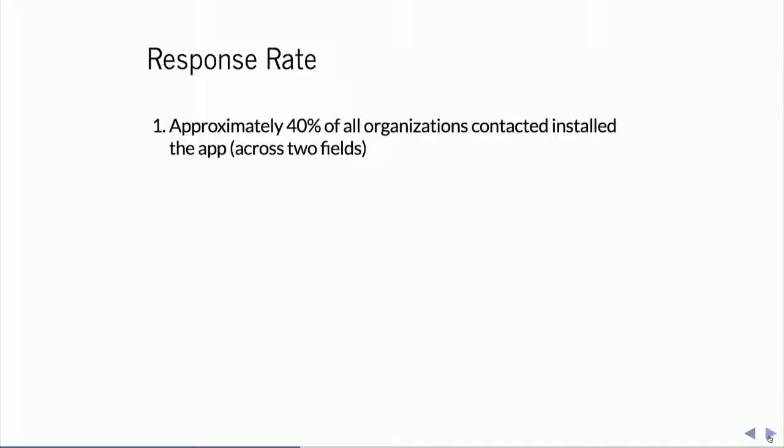So we were nervous when we did this first. We thought that even back, now today things are even more complicated in terms of whether people are willing to share their data. But back then, this was maybe one of the first studies in social science to use an app. We thought people would be scared of sharing their data. We got a response rate of about 40% of groups, which is pretty good, at least according to meta-analyses of organizational populations, which typically have higher response rates. We did reach out to them by phone, though, and I think that had a big effect, and on university letterhead. So that was a much higher cost recruitment.